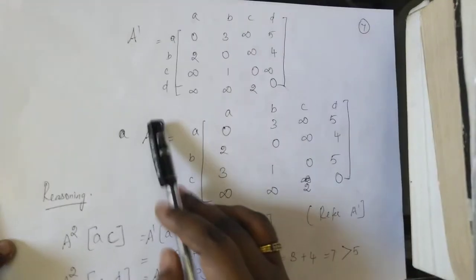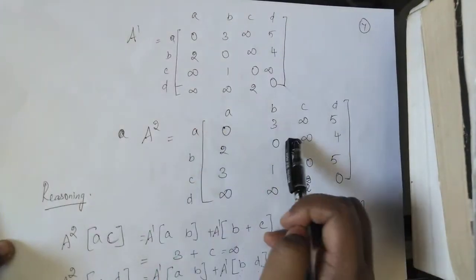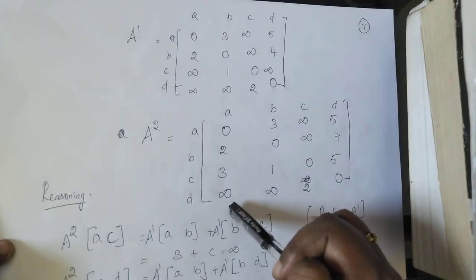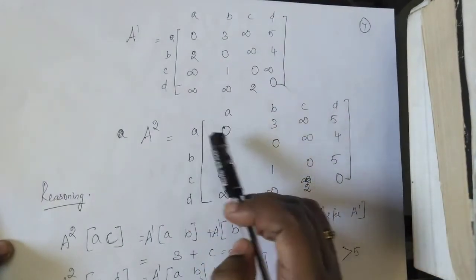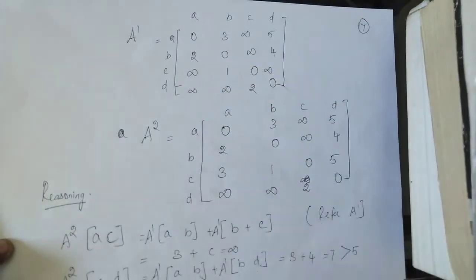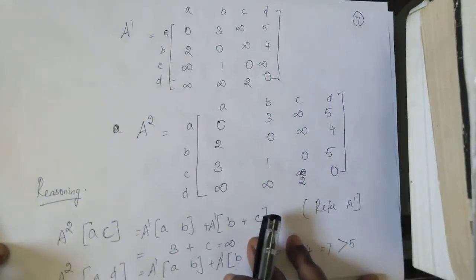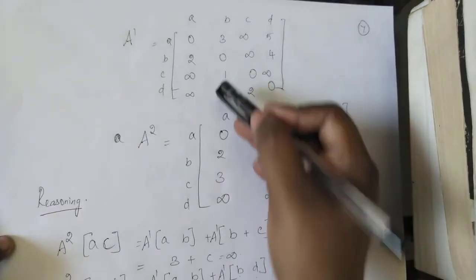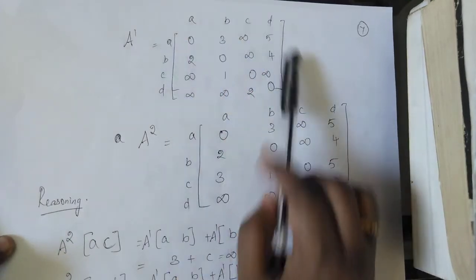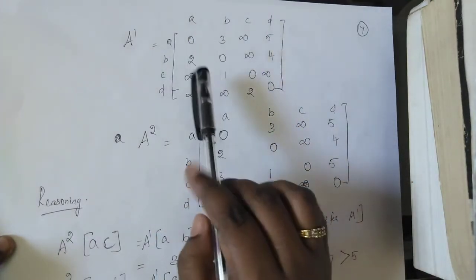Now we have to arrive at A2. Remember, while arriving at A2, like we did in A1, where we kept the first row and first column the same as that of A0, here we will keep the second row and the second column the same as that of the A1 matrix. So we will only refer to the immediately previous matrix. So this is dynamic programming. We will only look into the immediately previous step. So now the matrix of our reference is A1, because this has the shortest path between all pairs of vertices till now.